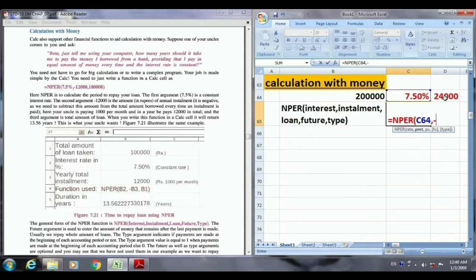So the installment is this one, with the minus sign, and this is our installment, that is 24,000. Here our amount is 2 lakh. And then the last argument is the total amount.